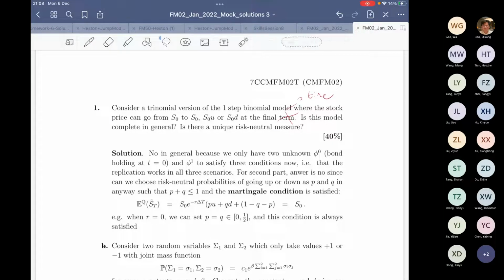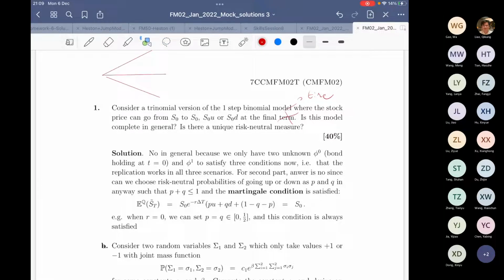It says, is this model complete in general, and is there a unique risk-neutral measure? Well, any of you who've read anything about this in the textbooks will know the answer immediately, but I didn't go into the binomial model in that much detail because I wanted to spend more time on Brownian motion stuff. But the answer is no about completeness, because if we just draw the model,